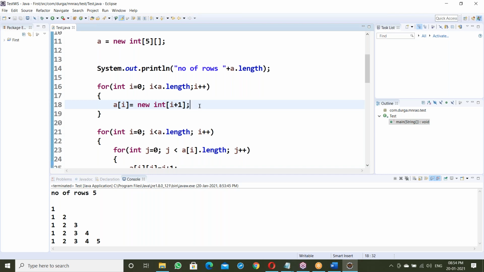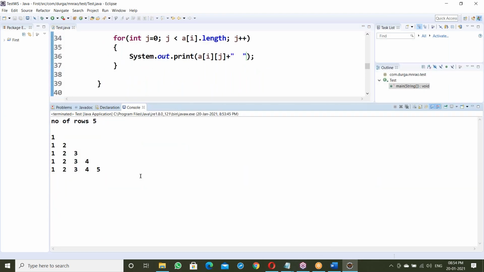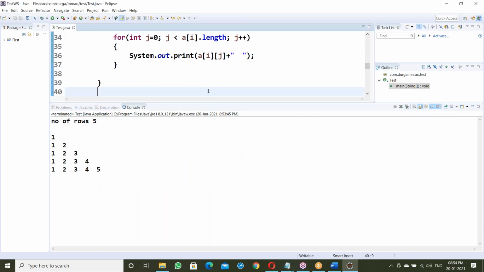For-each won't work here, only this iterative for loop can be used, for-each cannot. How can you use a for-each loop here? Not possible. Okay, you can try for-each. So it depends on the requirement, memory allocation for the number of elements, like this. I think everyone understands, right? You understand or not? Any confusion?